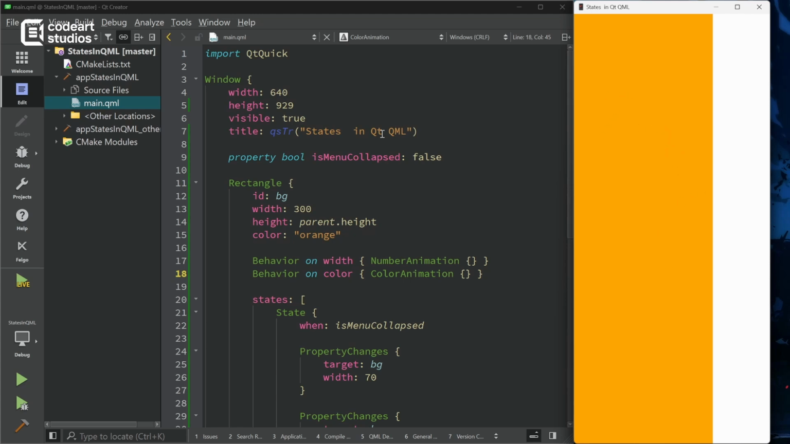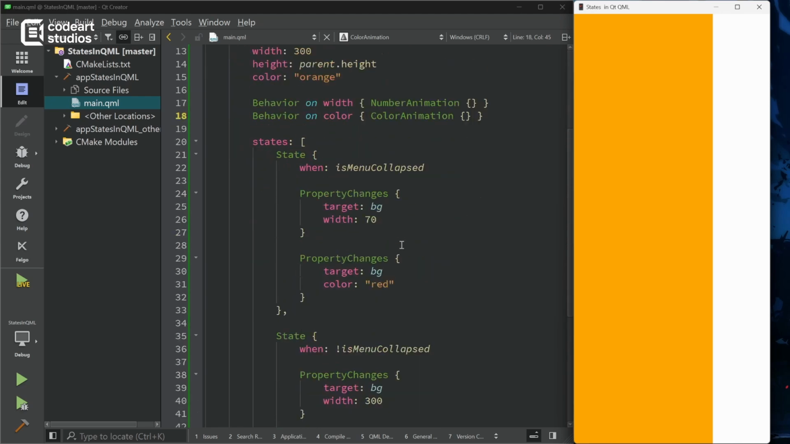If it's something like a button, you can say maybe for a button you have the hover state, you have maybe the mouse press state, and then you have the release state, you have the checked state. So you can have all the different kinds of states whereby you can define the different properties that change with that. So with that, that's a very simple tutorial showing you how to use states in